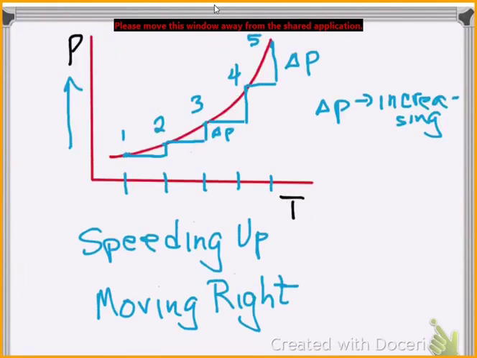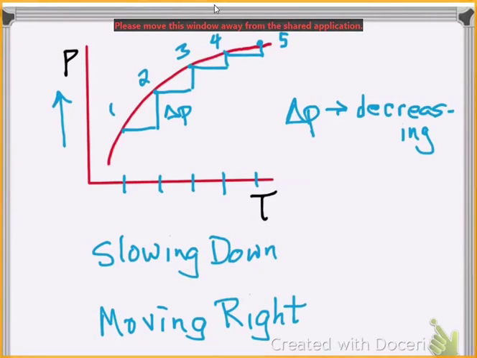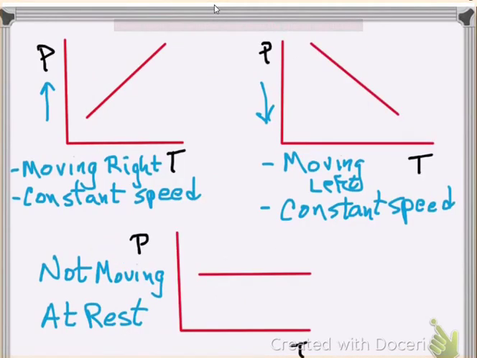When it is sloping up to the right and it's a U, that means it's speeding up and moving to the right. But when it is an upside down U, moving up to the right, it's slowing down and moving to the right. And then we have these three, in which the object is moving at constant speed. All right, so I'm hoping that all of this